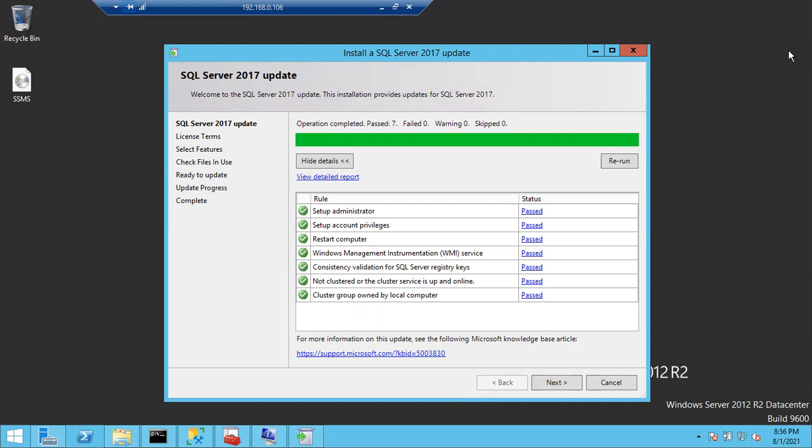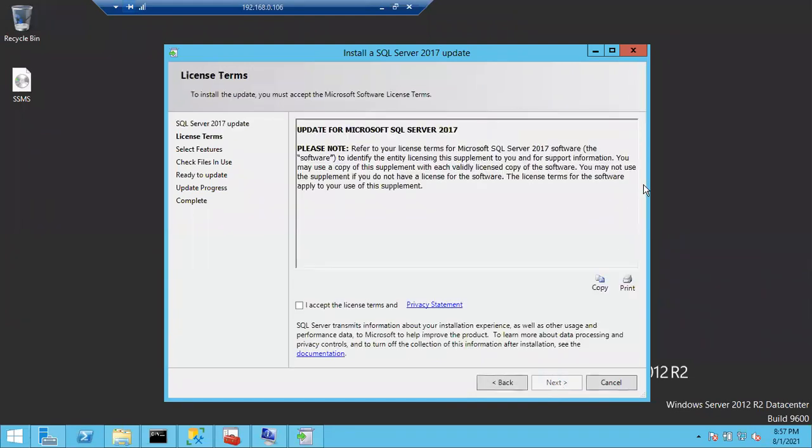So if you rerun it, what is the use? Even if you rerun, the same kind of result will be there, right? It needs a reboot, that's why it failed. Until you reboot the server, the check will be failed even if you rerun the checks. Okay, let me go to next. Yeah, Brian, restart the server.